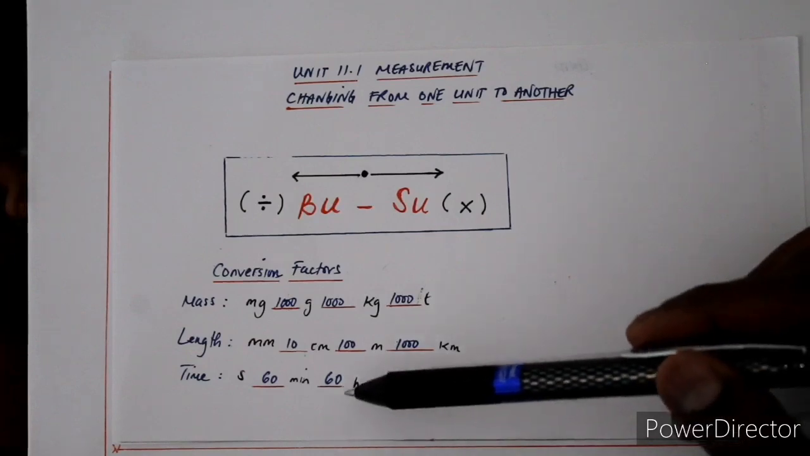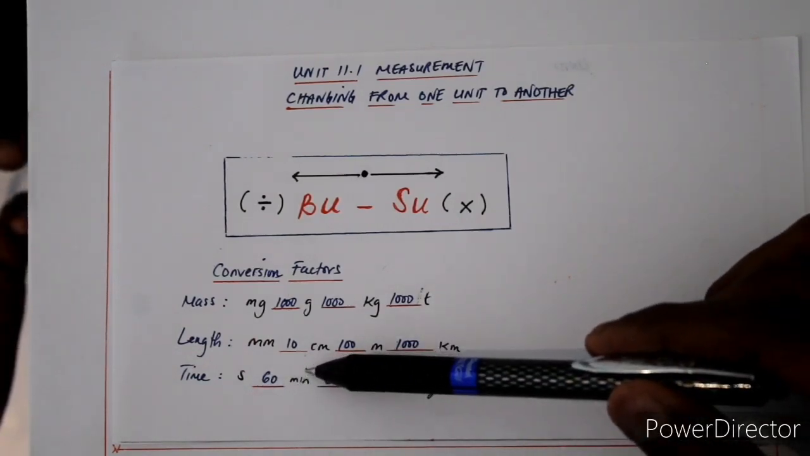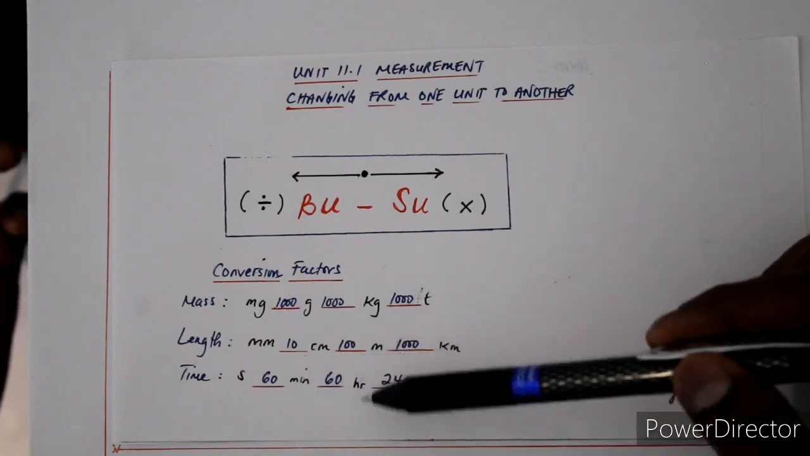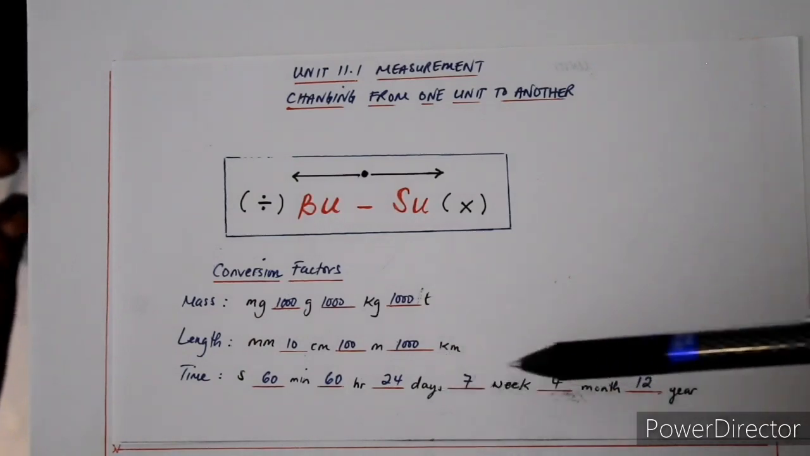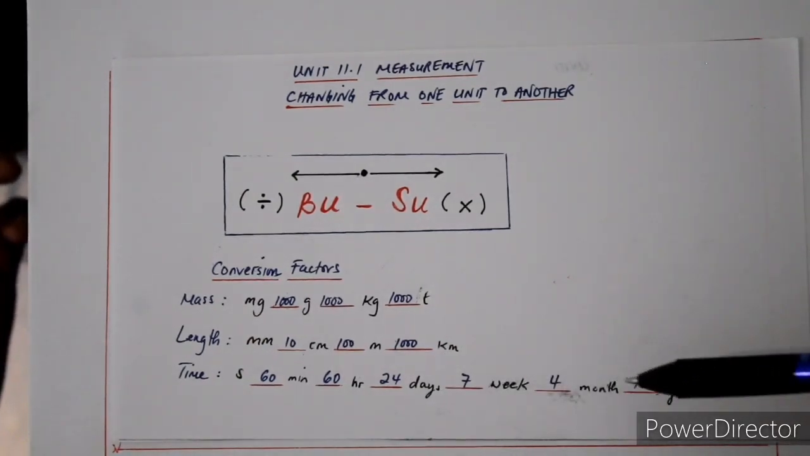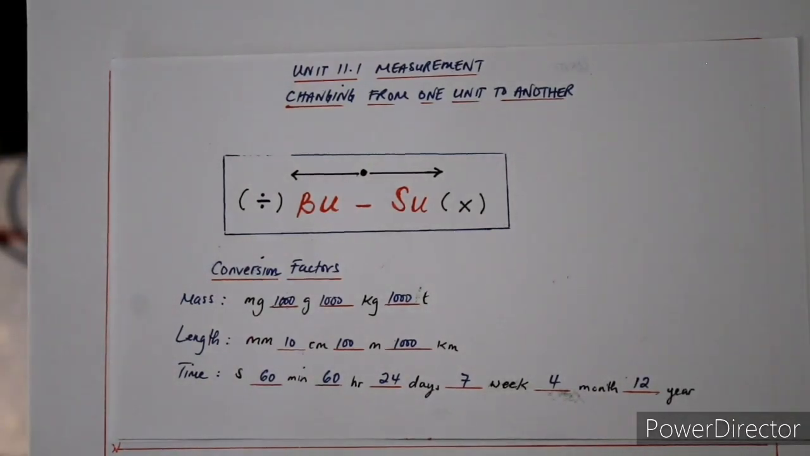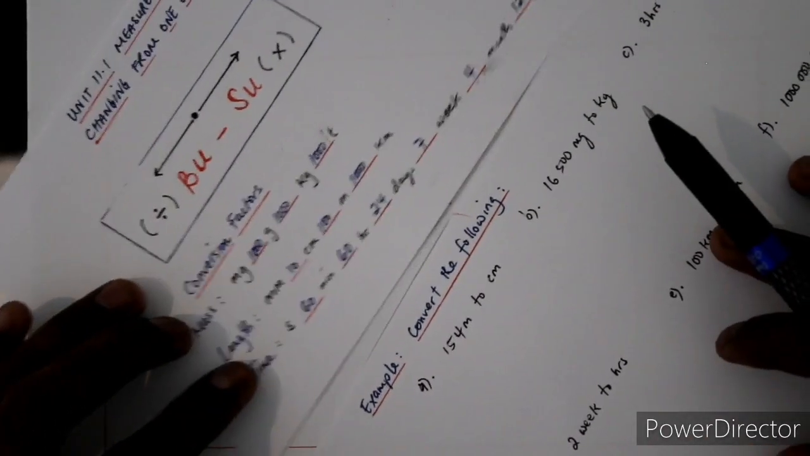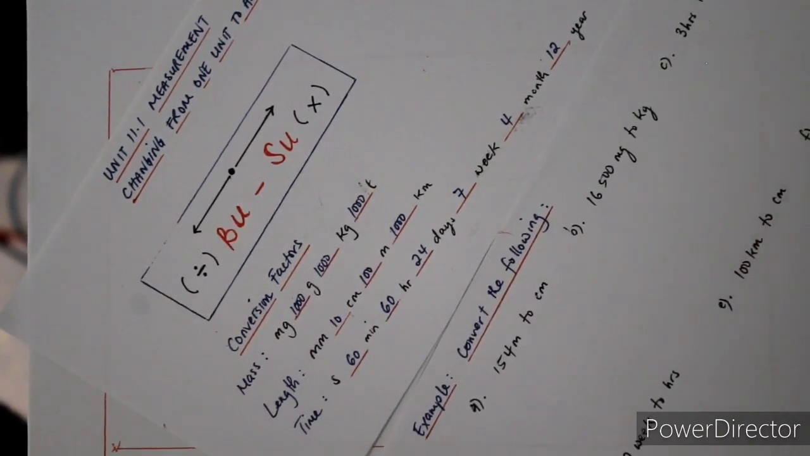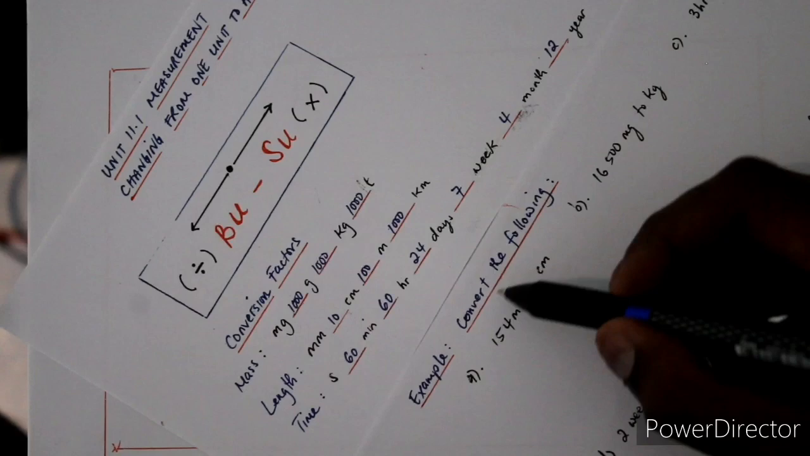Now when you come down to time, you have 60 seconds is equivalent to 1 minute, 60 minutes is equivalent to 1 hour, 24 hours is equivalent to 1 day, 7 days is equivalent to 1 week, 4 weeks is equivalent to 1 month, and 12 months is equivalent to 1 year. Now how can we possibly apply this rule there? Okay, let's see. Let's say, for example, we are to convert